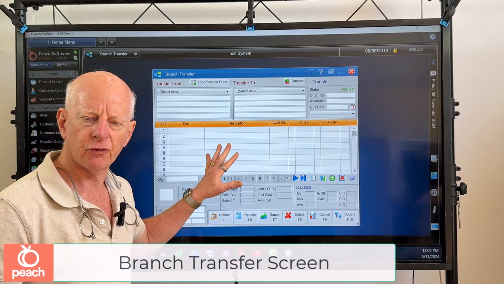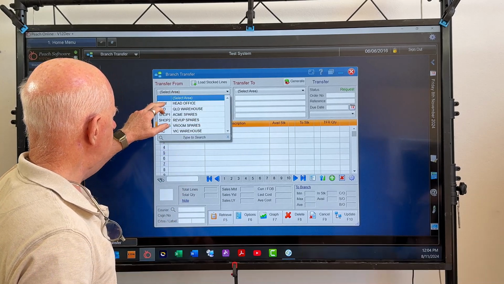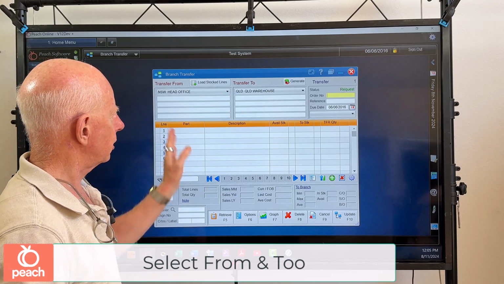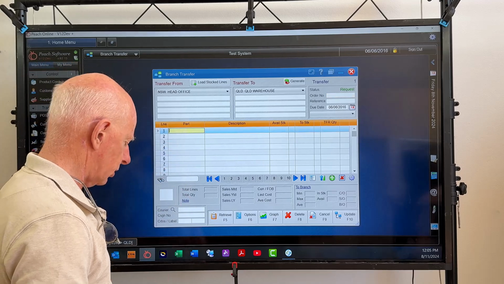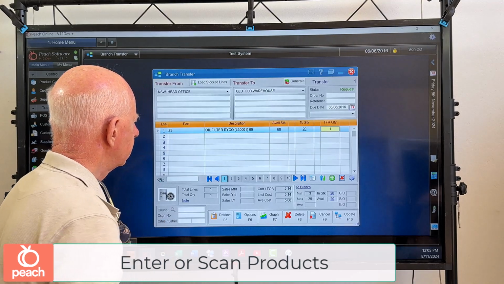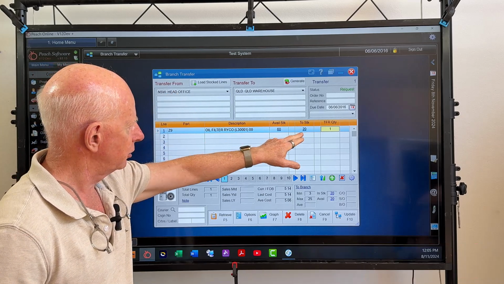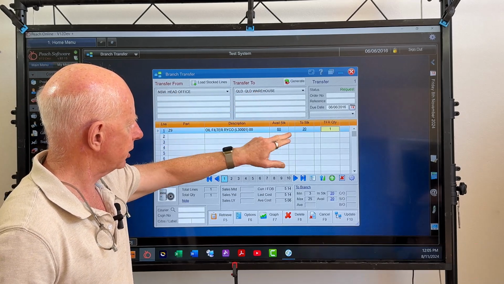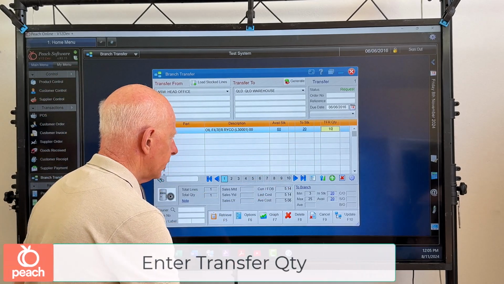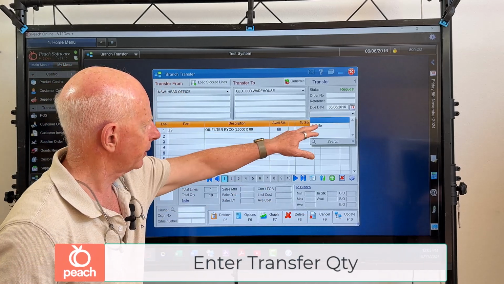So this is where you move stock from one area to another. It's pretty simple, very straightforward if you want to use it simply. If I want to move stock from my head office to my Queensland warehouse, I just pick those. I can start typing in part numbers, so I just put in a part number here. And you can see available stock in New South Wales is 60, to the warehouse Queensland where there's 20, and then I can just type in the number that I want to transfer and then enter down to the next line. I can process that, and when you do process that,